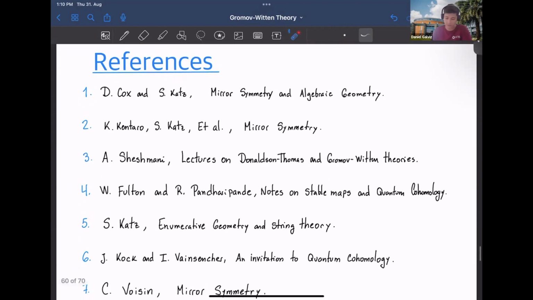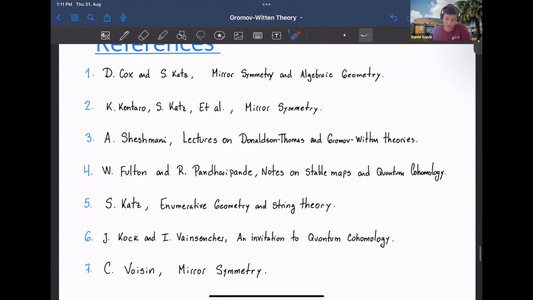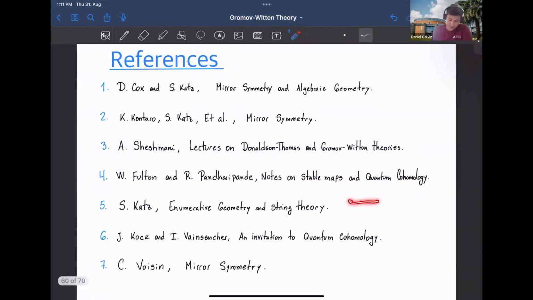And then, if you are curious about stable maps and moduli space, there is also quantum cohomology that I didn't have time to go into, but it's a way to generalize this from Witten theory, and you also have to check the gravitational descendants. And if you want something introductory just to read, if you are bored, then you can check Sheldon Katz, Enumerative Geometry and String Theory. So with this, I will finish my